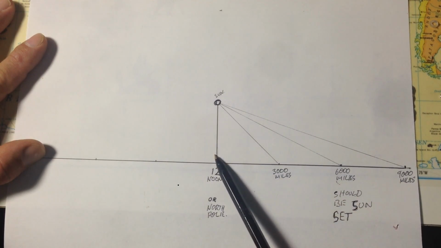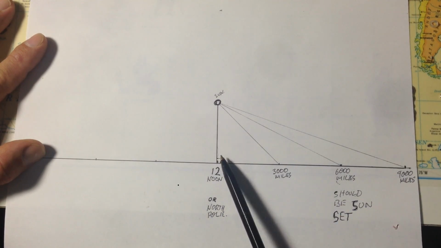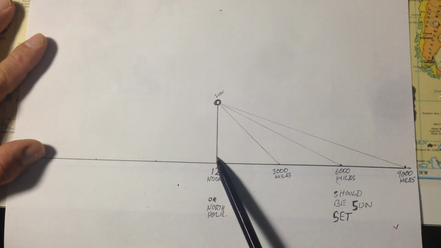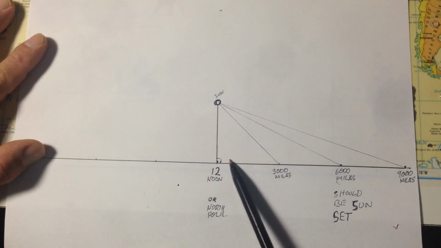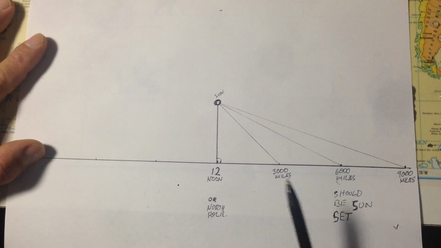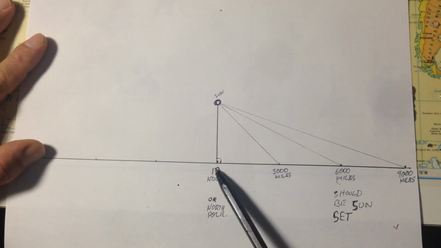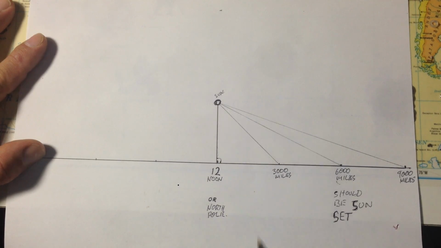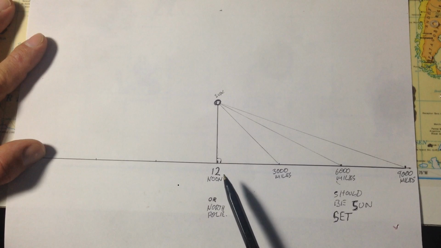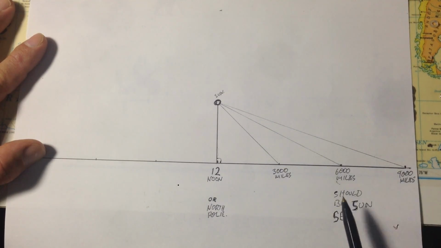That means this side of the triangle, because this corner is square, it's 90 degrees, so this side and this side are the same length. So we can easily assume that the Sun from this position is 3,000 miles away. Bearing that in mind, if we were to go another 3,000 miles out to the 6,000 mile mark,